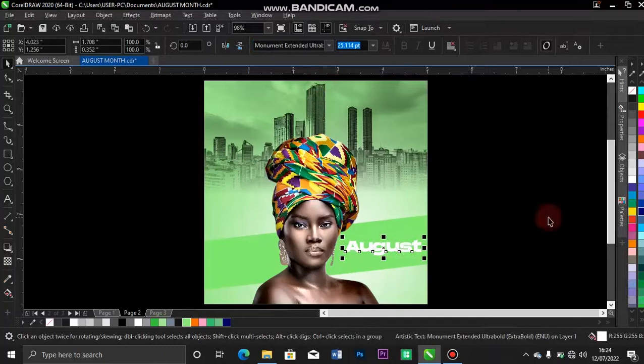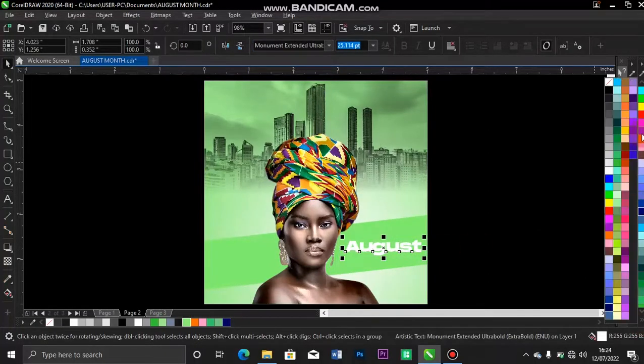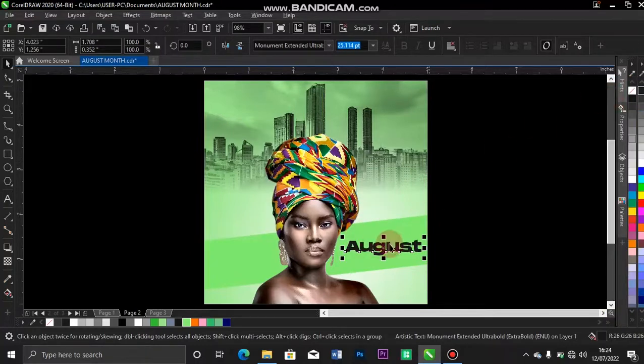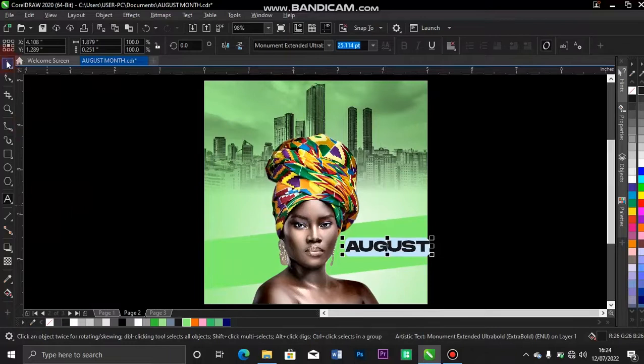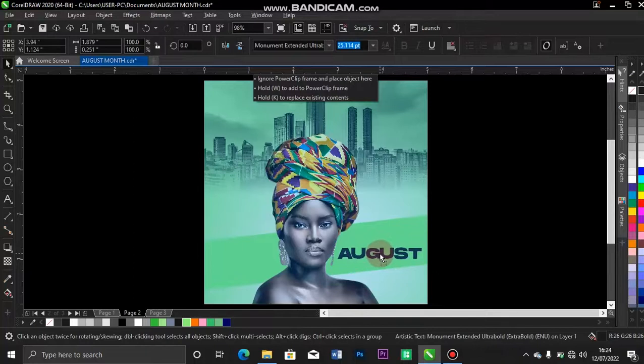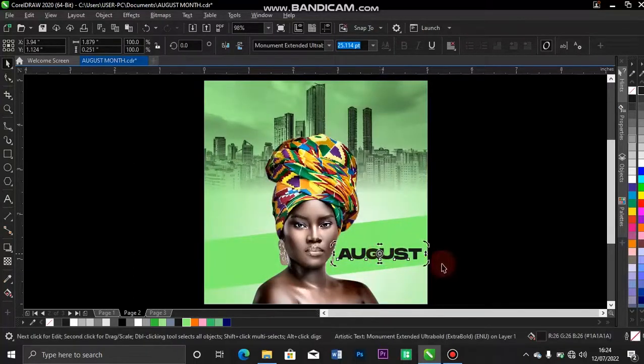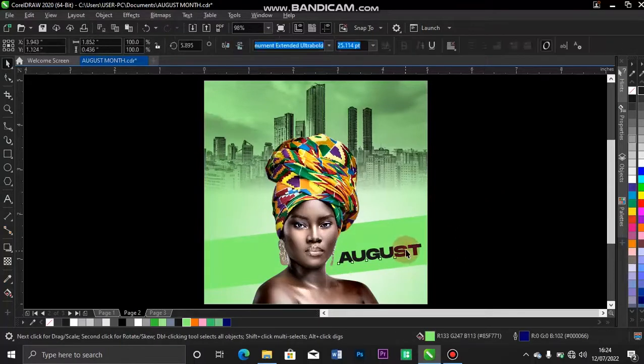And I changed it to rotate it a bit like this. Okay, the rotation now is